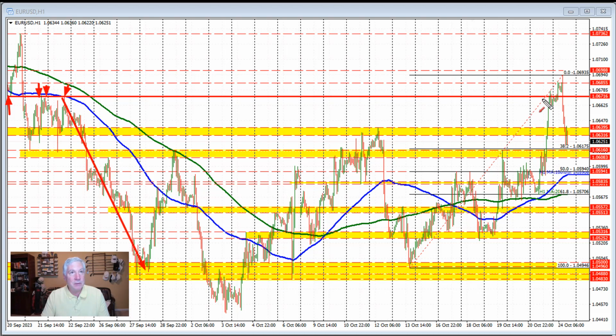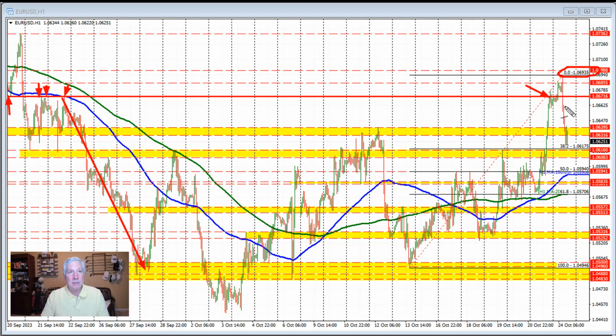So this formed a floor/ceiling before moving to the downside. That's important, and we saw the price move up toward that area and break above it, going into the last few hours of trading, and then rotated back to the downside. In the Asian session, we did move back above that level, and that kept the bullish bias going, reaching a high of 1.06935. Not a lot of resistance up here going back in time, but it is closer to the 1.07 level, the natural resistance level, and that seemed to have pushed the price back to